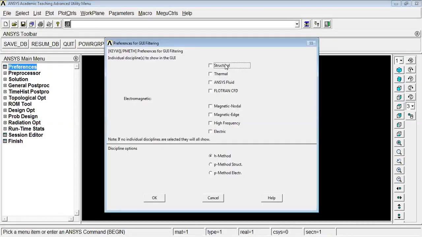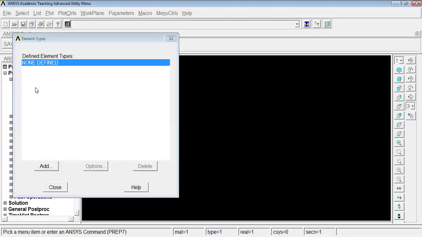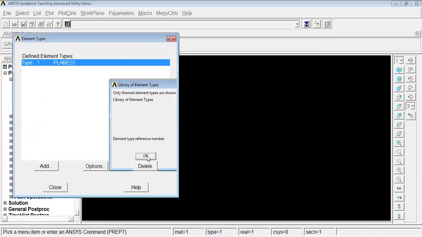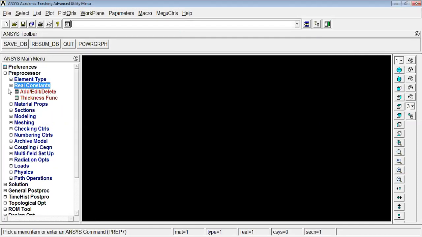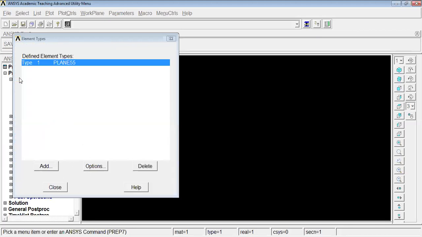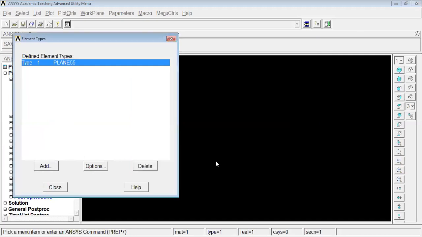Choose thermal analysis, that is preference, thermal, okay. Preprocessor, element type, add/delete. I will choose solid quad 4 node 55 element, say close. Now I will go to the element type only, add/delete, and select options.